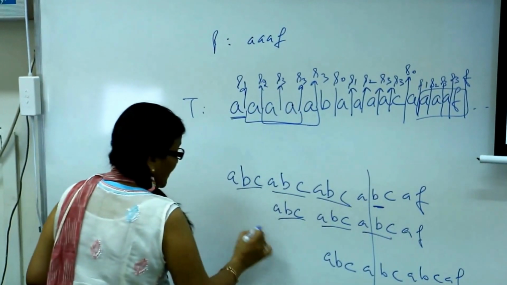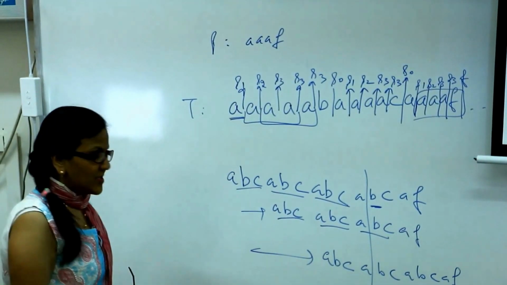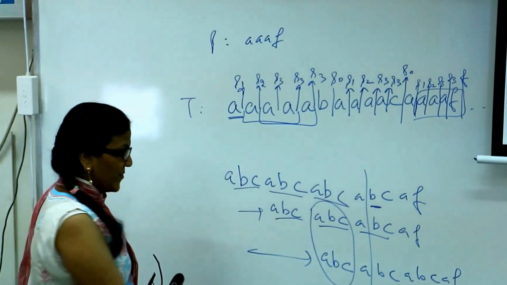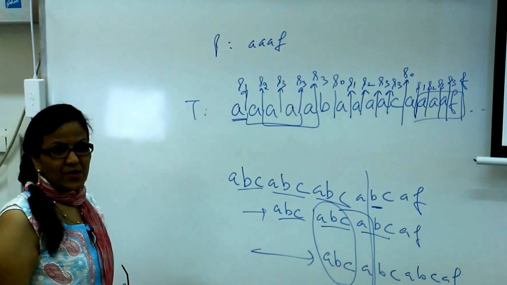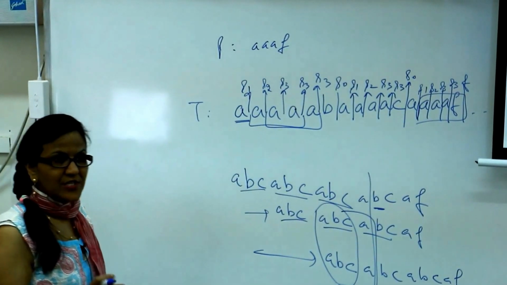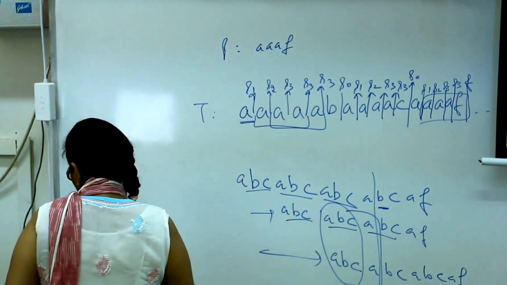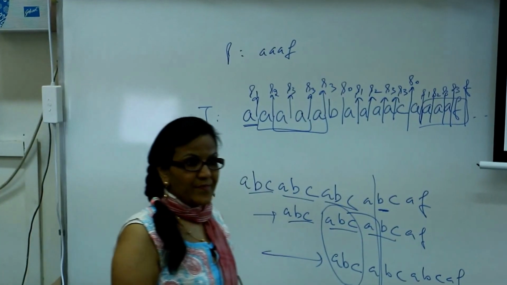We could have shifted this much or we could have shifted this much. Still we have some alignment. Rather this. Okay. So we don't know how much we should shift. That's the question. We can see visually that we can shift by more than one position, but the question is how much should we shift? That's the big question. Okay.